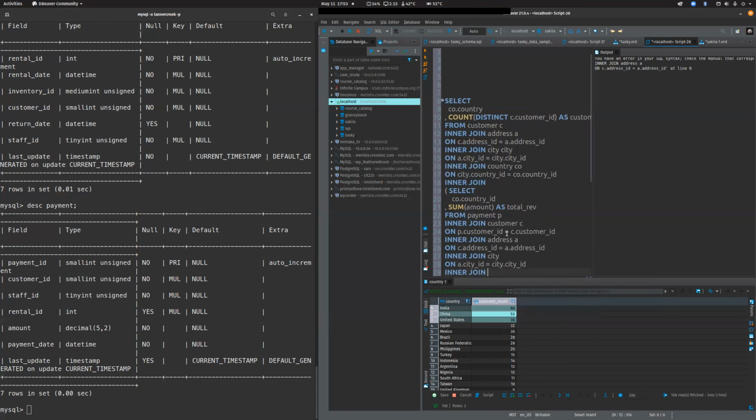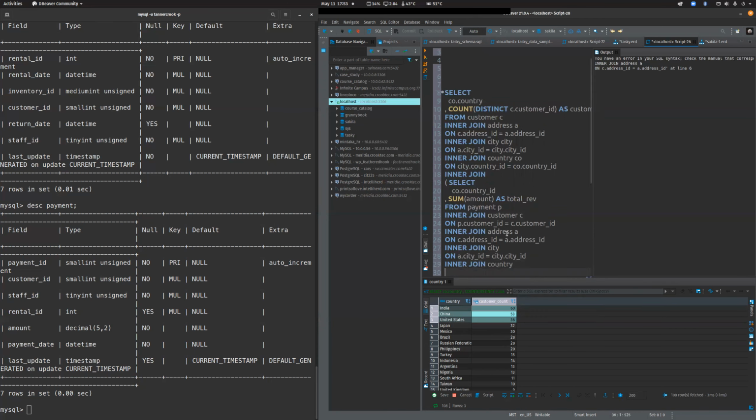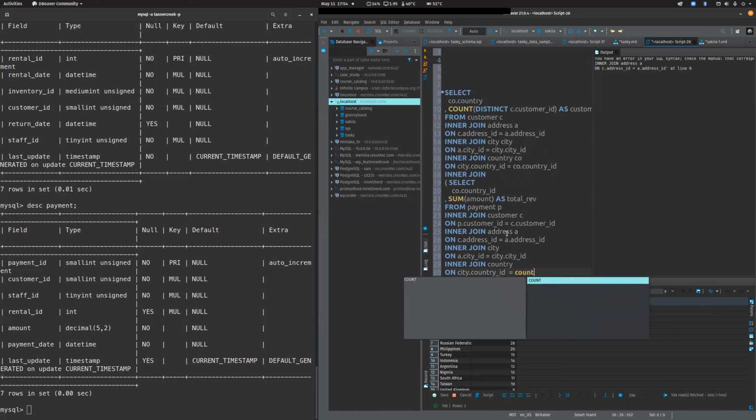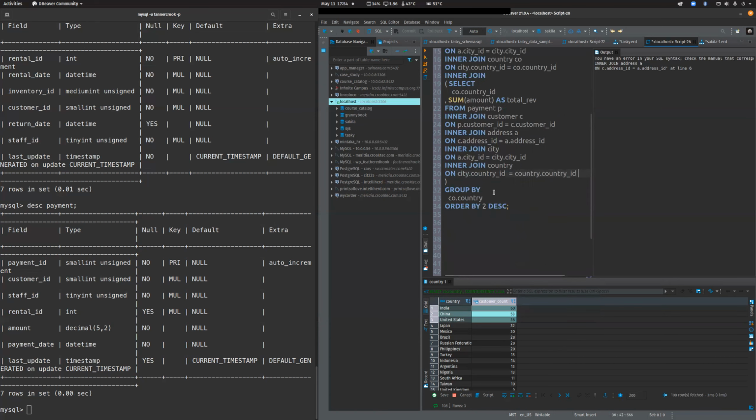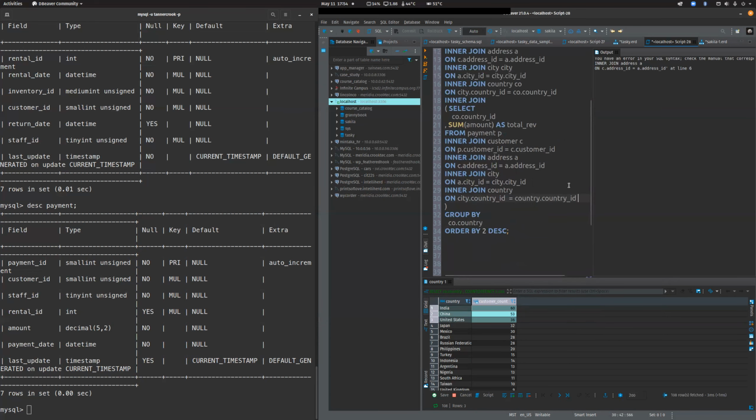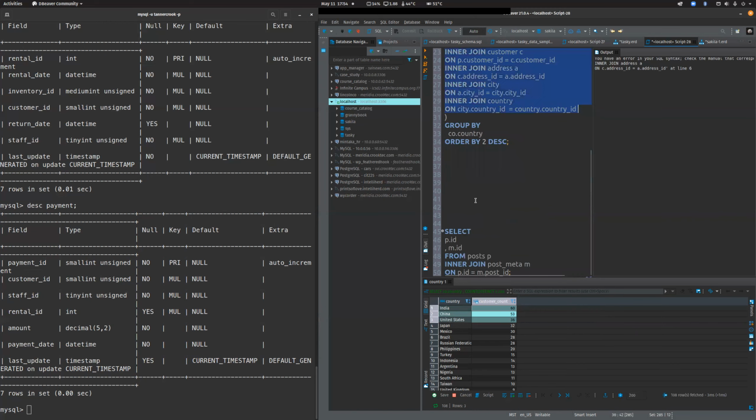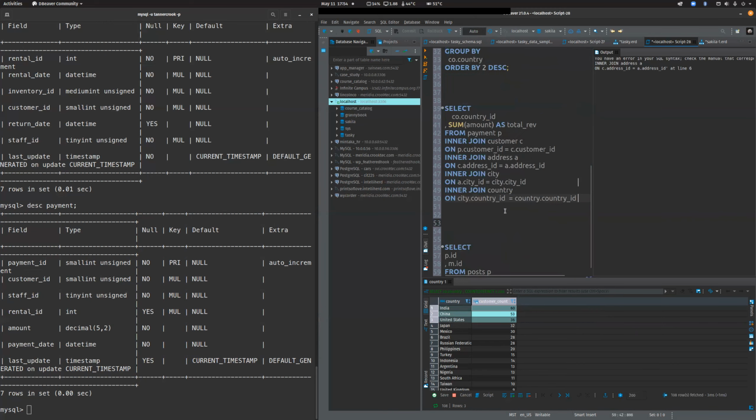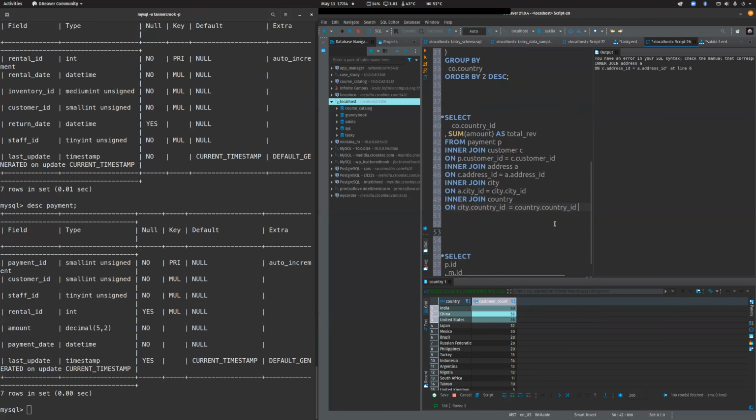And then we're going to go from city to country on city dot country ID is equal to country dot country ID. All right. And what's nice about subqueries is we're actually going to take this and run it all by its lonesome here for a minute so we can make sure we get it. So we have all this done. We need our group by